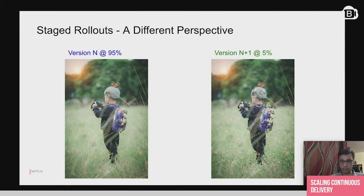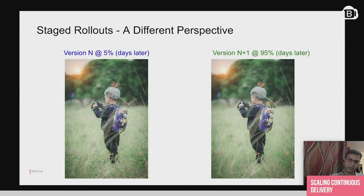So the current version available to a larger population has a better resolution than the new version that's rolled out to only 5% of the users. We can squint while staring at both the images and argue that they look similar. And a few days later, when you reverse the adoption percentage, the version n+1 is at 95% and version n is at 5%. Side-by-side comparison indicates that the images still look almost similar,